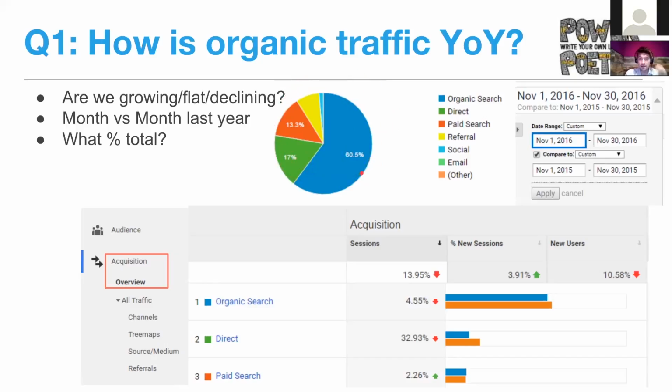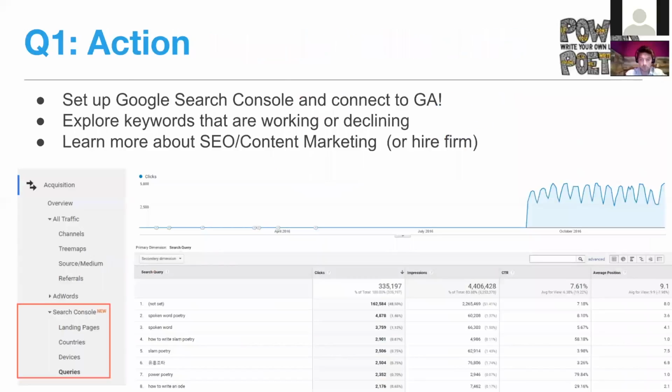I also like giving the context of the whole pie, especially to, frankly, executives and board members who say, I never go to our website on a mobile device. And you're like, cool, that's a sample size of one. Here's what the data say. Or technically, not on mobile device, but on organic, like I never search to get there. 60% are going there. So I like the overall context of volume in here. We'll get to the mobile in a second, and I can rant about that.